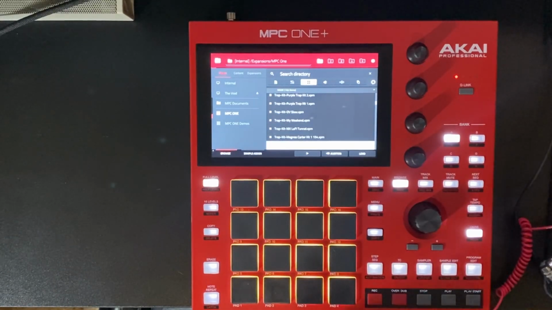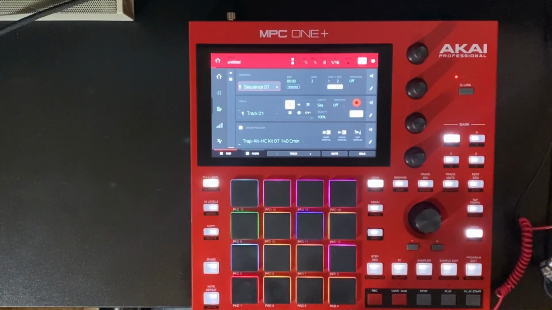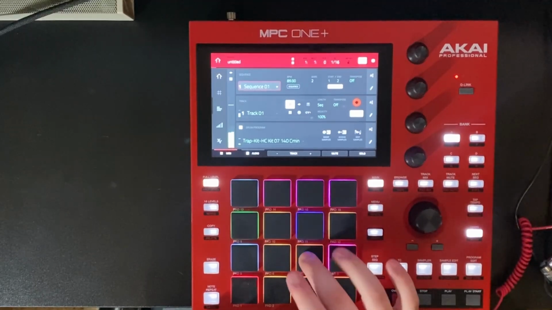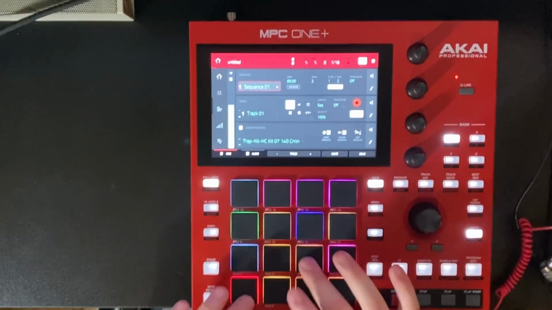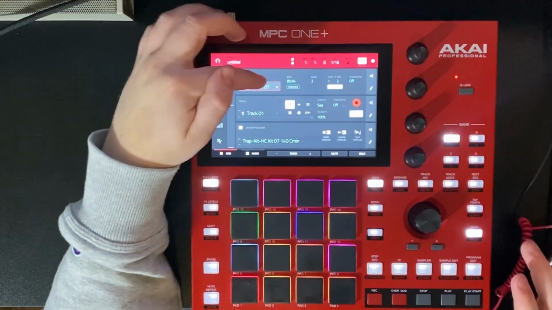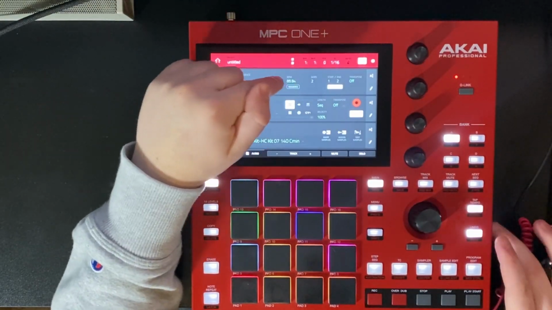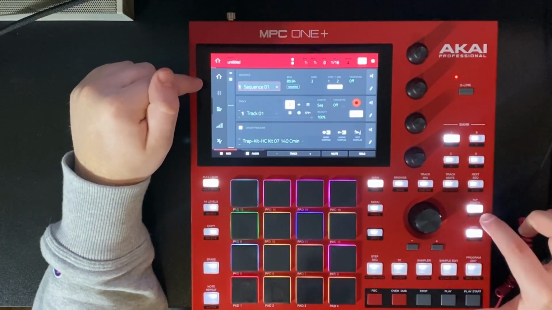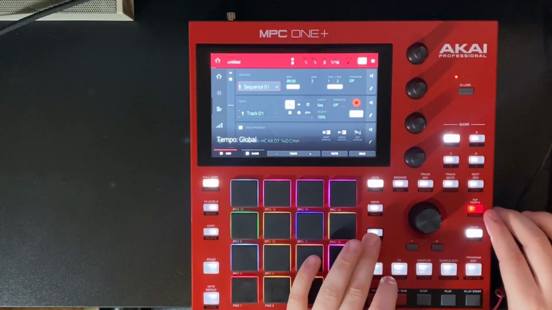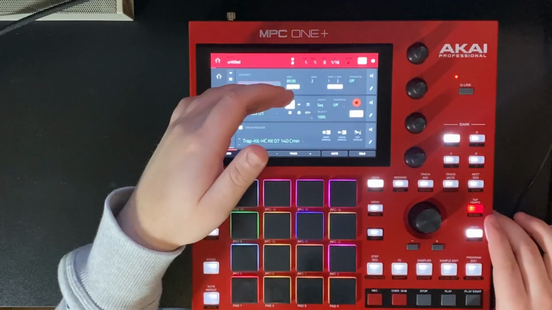Alright, so I've loaded up some nice drums here, and what I do is, I'll just lay down a pattern to act kind of as a metronome. So I'll use the tap tempo here. I'm thinking like, and you can see that we can set tempo per sequence, and right now it's blinking because it's not global. So if I held shift and press the tempo again, now we're matched to the global and we have 85,